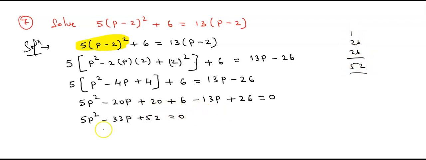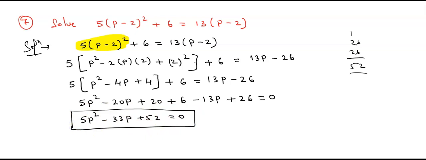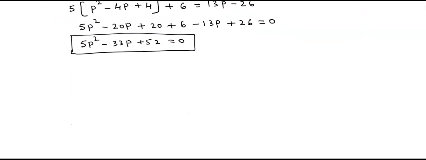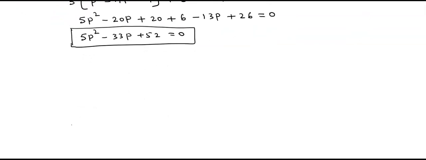Is this clear? Good. Now can we take anything as common here in common factor? Can you check it out? Now as you can see, we cannot reduce that to its simplest form. Okay, this is only the simplest form, as you can see here. 5p square minus 33p plus 52, because we cannot take anything common factor. Now we have to multiply first term with last term, 5 into 52. So can we multiply 5 into 52? So how much, children? 52 into 5, 5p square into 52, I think it will come plus into plus is plus, 260p square. 260p square.